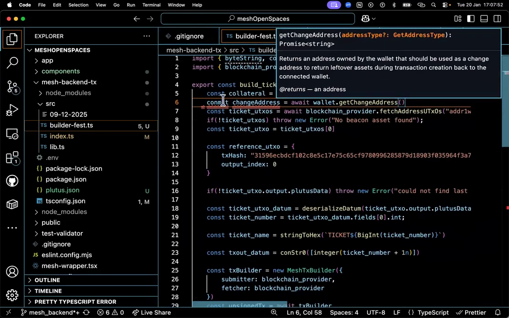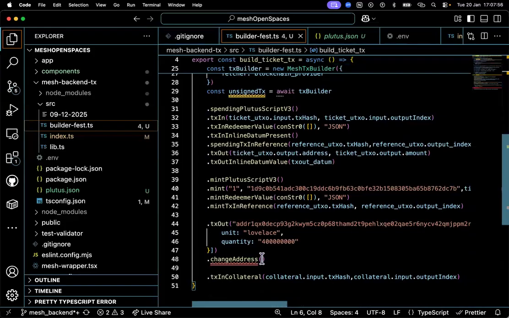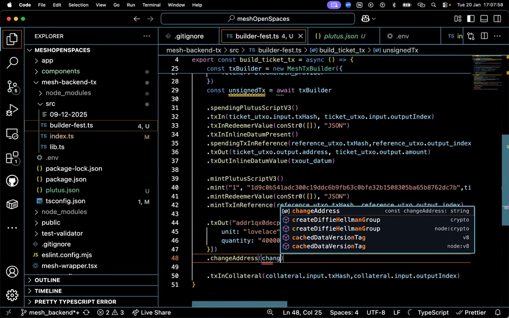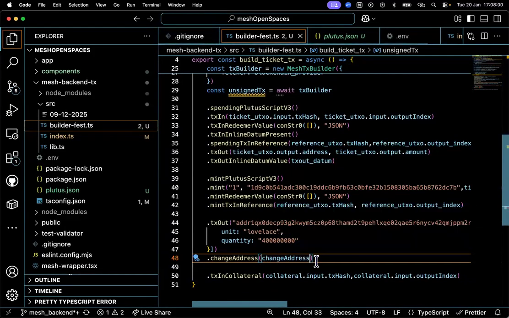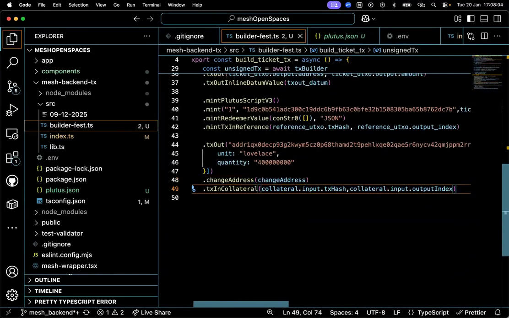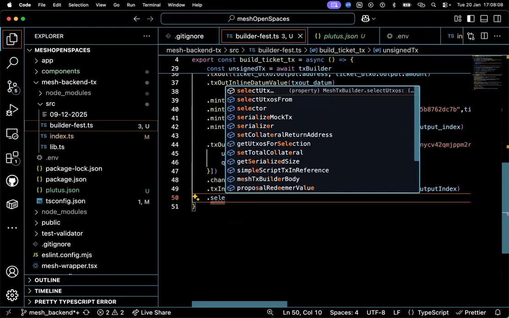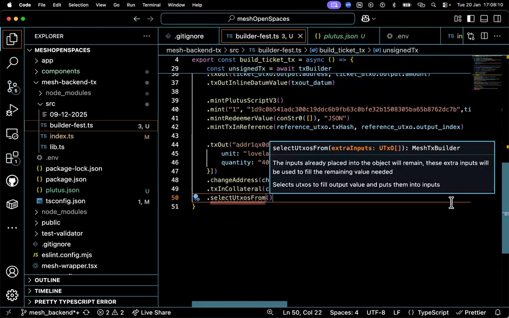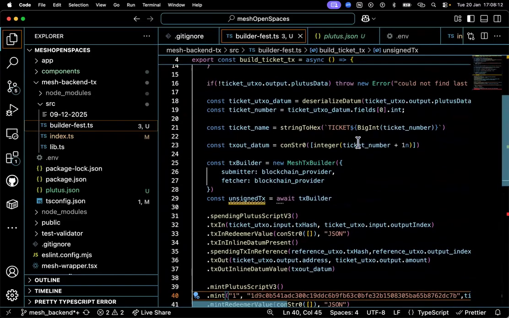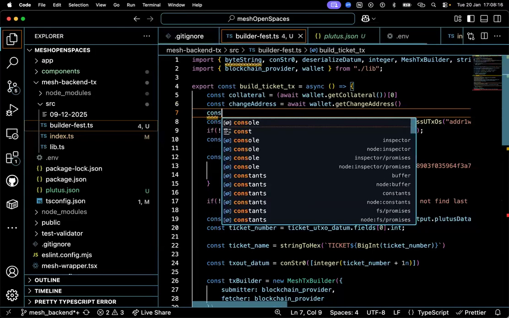I'm going to remove this. We are going to add our change address, and that makes it the third output specified. And collateral, you add your select UTXO from where? We are going to fetch all of the wallet UTXO.